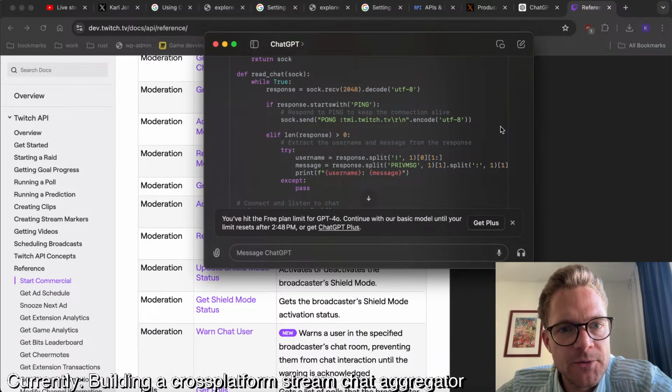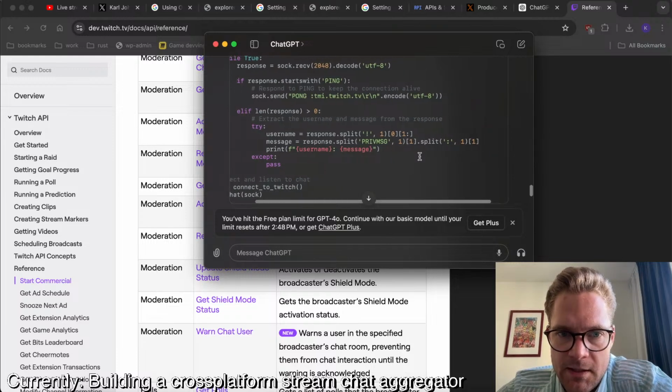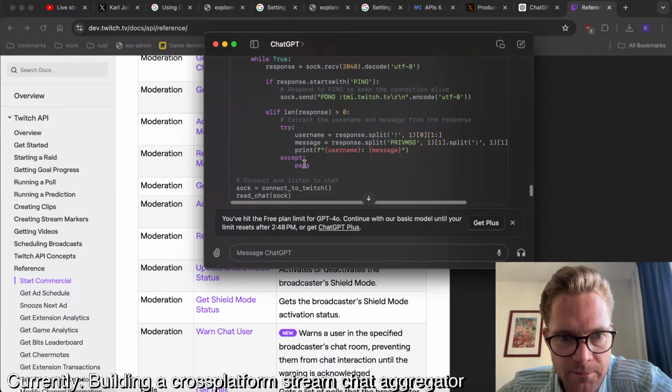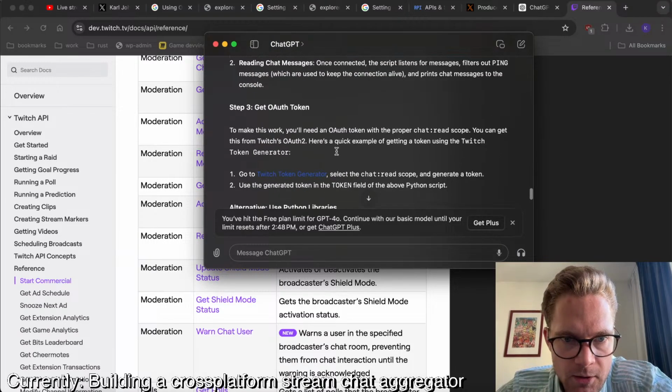Read chat while true. If response starts with ping. If its response is longer than 0. Okay, username, response.split. Split message, username, message. Cool. So this I can have running. This seems